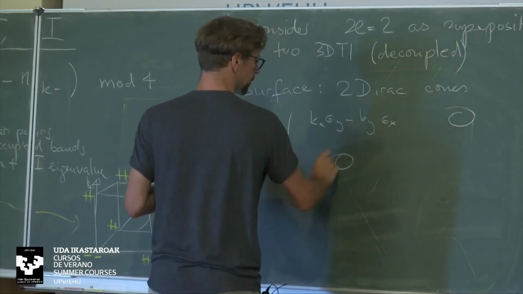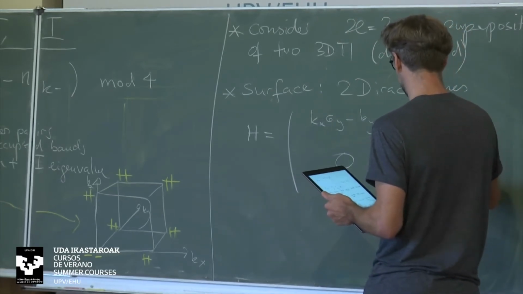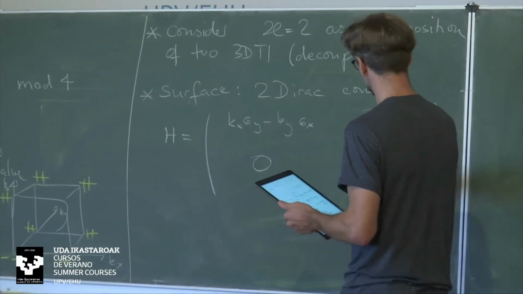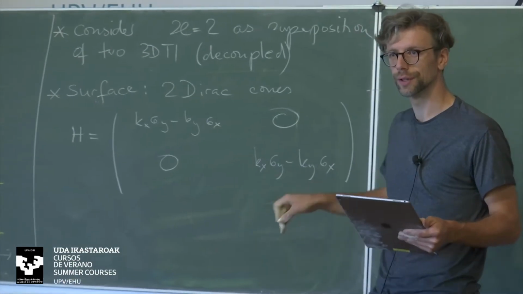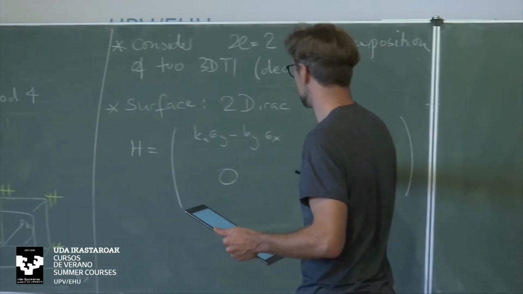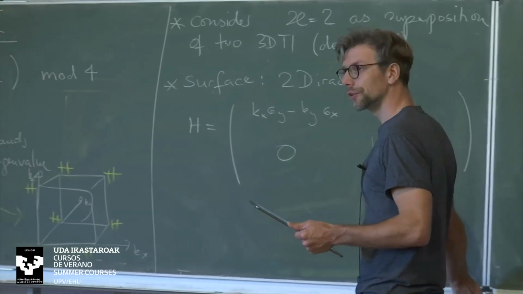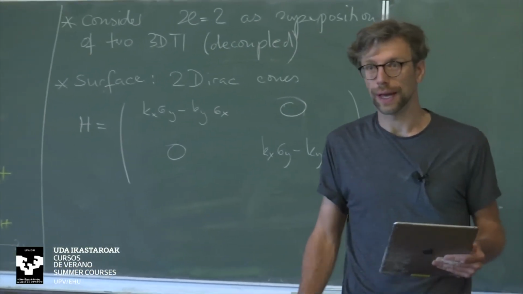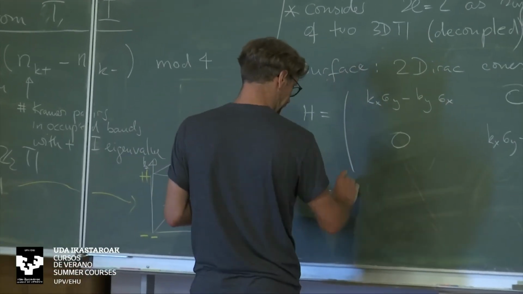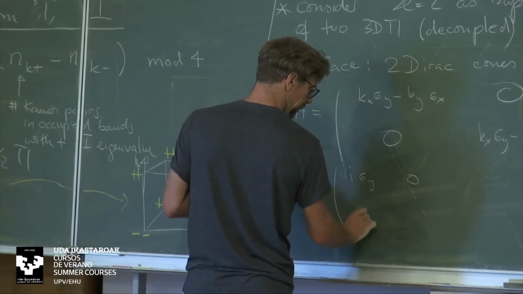Then these are now a 4x4 matrix, right? This is what I presented before as the surface theory of a Dirac Hamiltonian, of a 3D TI, and now I'm just taking two copies of this. But now, of course, the only local constraint on the surface that we have is time reversal symmetry, right? So T in this case would be represented by i sigma y, 0, 0, i sigma y